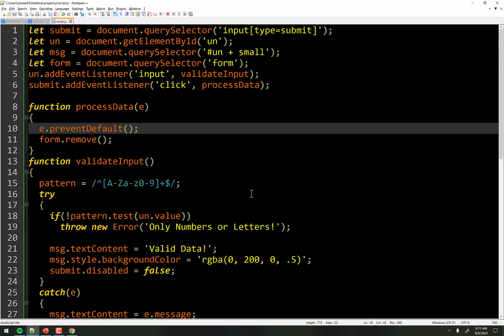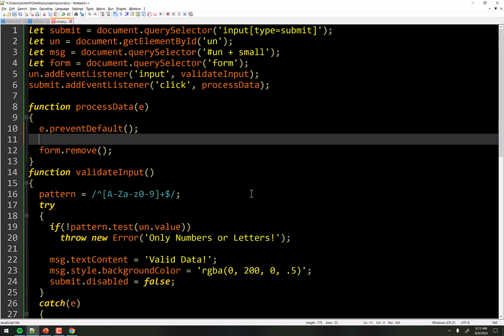You want to just append to the end of it. So we're going to actually do some appending. So here's how this goes. First of all, we need to create an element, right? And so let's go let p equal document.createElement, and we want to create a p as in a paragraph tag, or we can create an h1 as in an h1 tag. Let's do an h1 and we'll call it h.